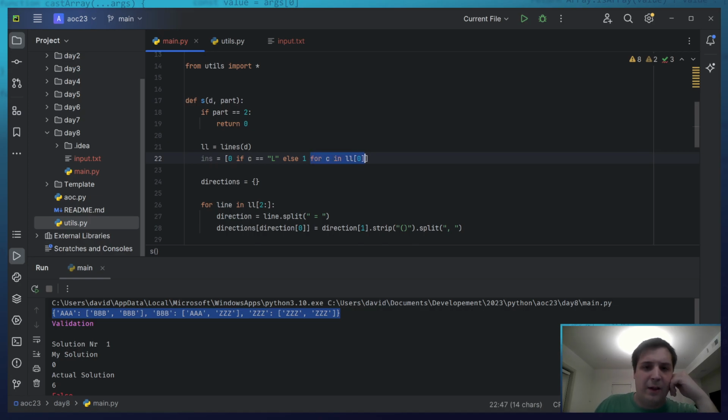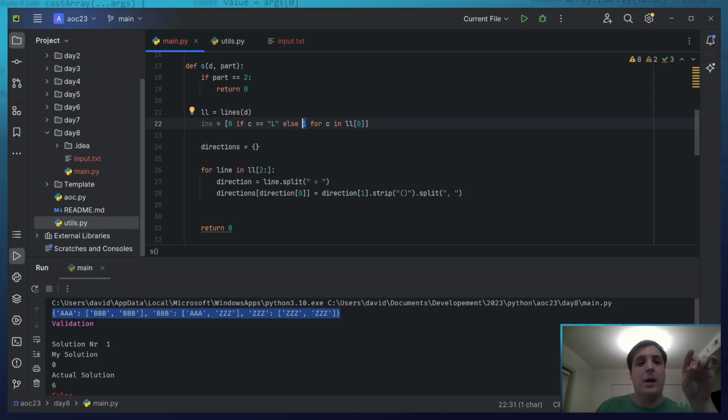So I'm going through every single character called C. And I want to put 0 in the current position of our list if C equals L. Otherwise, I want to put 1 because R is the only other one that exists. So we're getting zeros and ones, which is perfect for addressing our directions dictionary.